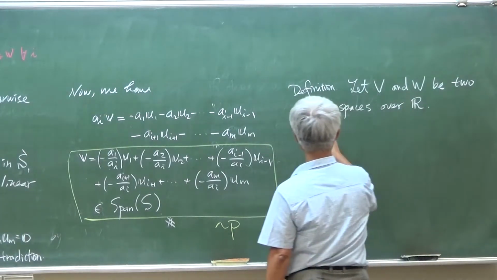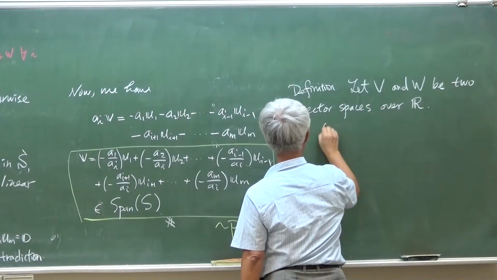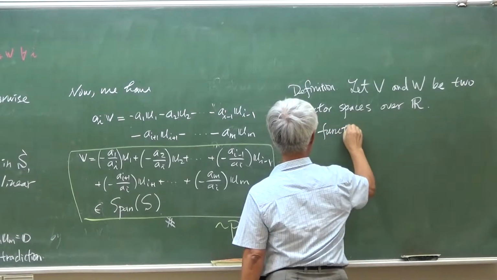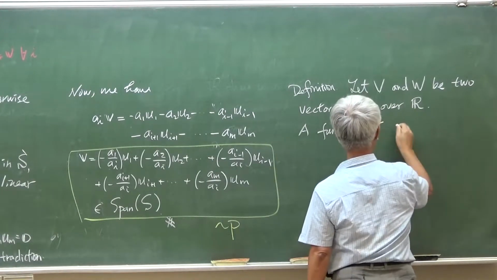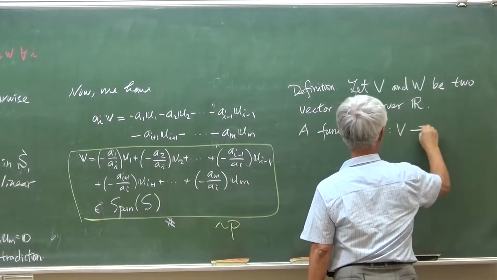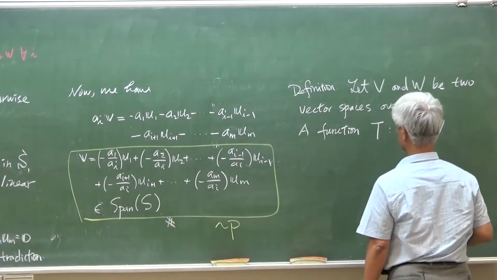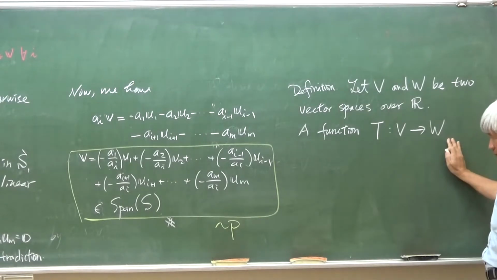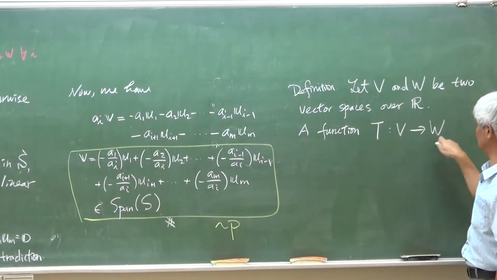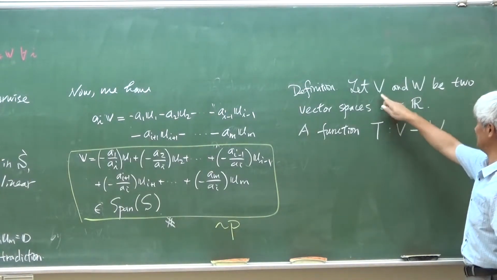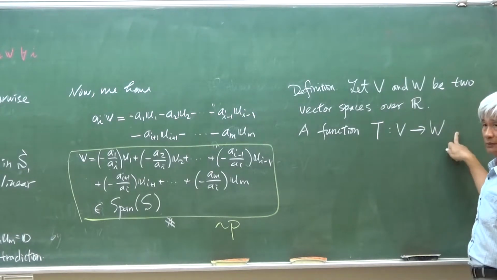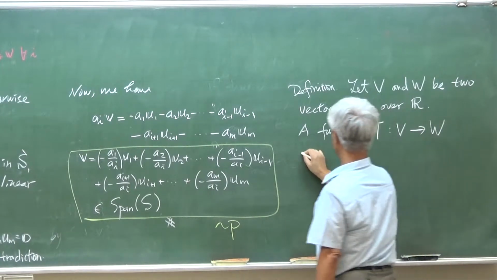Okay, and a function T from V to W. When I say a function from V to W, its domain is V and its codomain is W. So a function is called